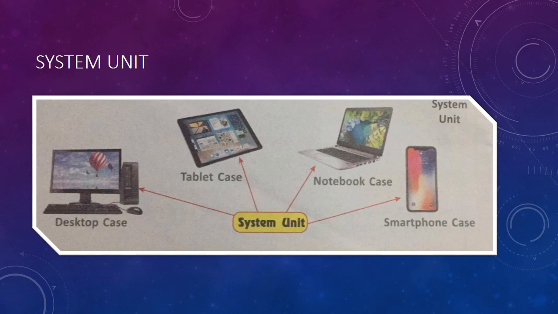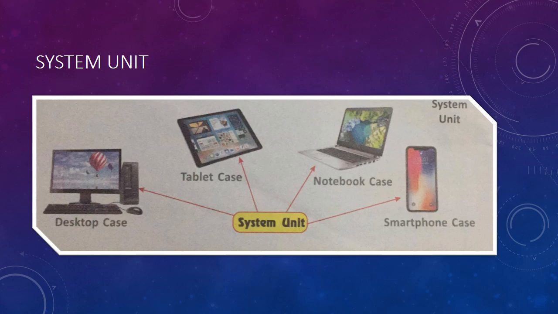Now we will have a look at the hardware. All the physical equipment that are attached to a computer are collectively called hardware, that you can touch and feel. So the hardware includes various components like system unit, input devices, processing device, output device and storage devices. Now we will have each one in detail.